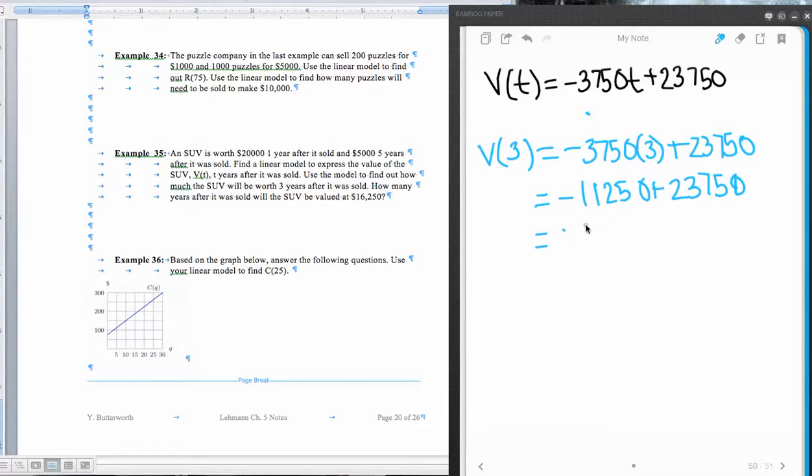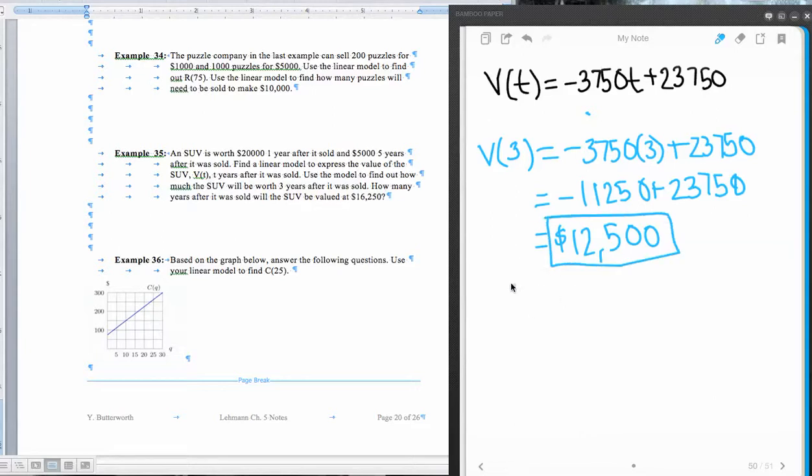And that's not right. Okay, let's try that again. 23,750 minus 11,250, and that's going to give us, that's better, $12,500. So what we're being told is that 3 years after the SUV is purchased, it will be worth